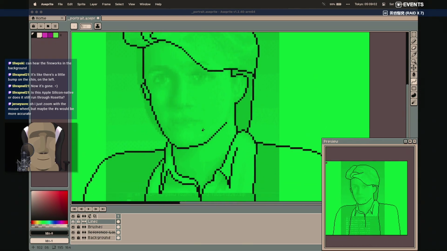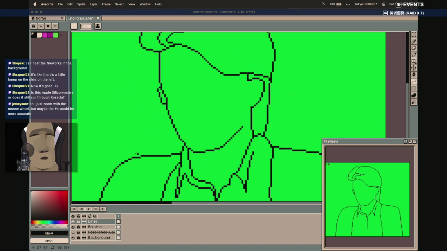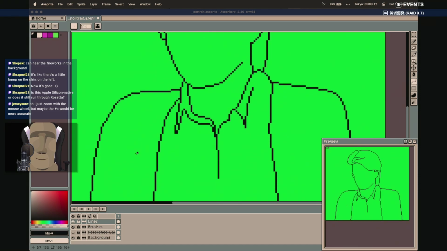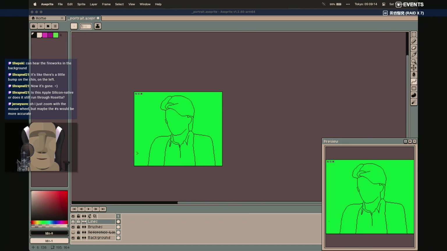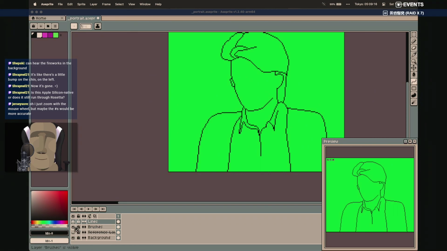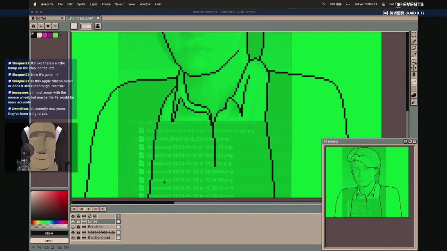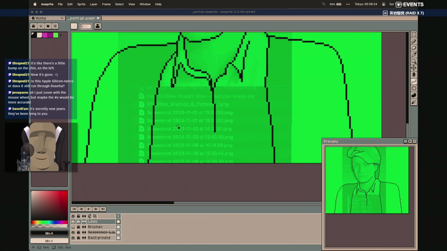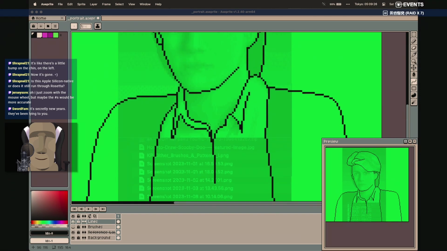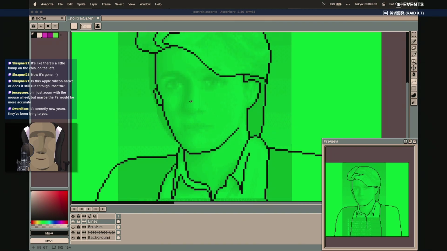There we go. I think for line art that doesn't look too bad for now. Yeah, the shortcuts are slightly faster, I find, if you just want to very quickly jump to different sizes. I think that looks about right though. Obviously we're not going to be doing the window cutout as well. I think for the most part that looks about right. And so we can get the shading on the shirt to actually give it some definition when we get in there. The face is what I'm concerned about though,